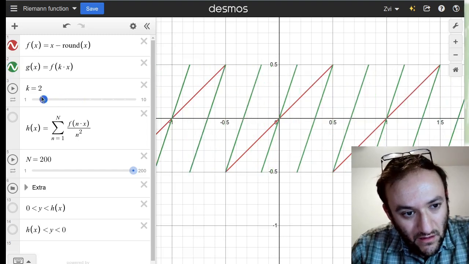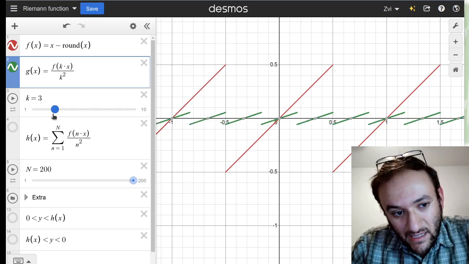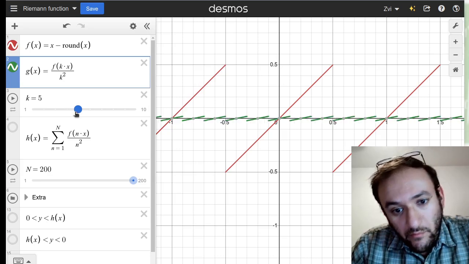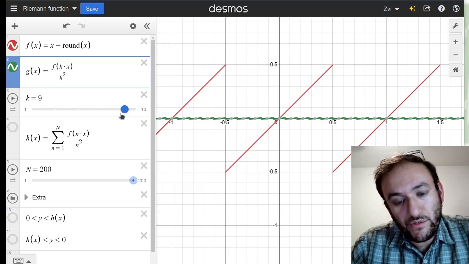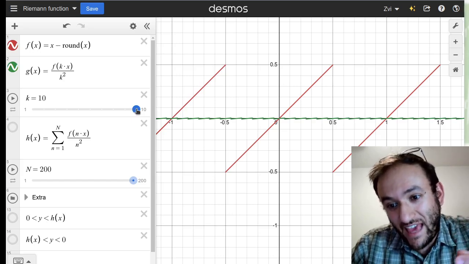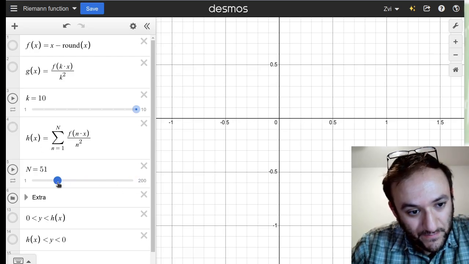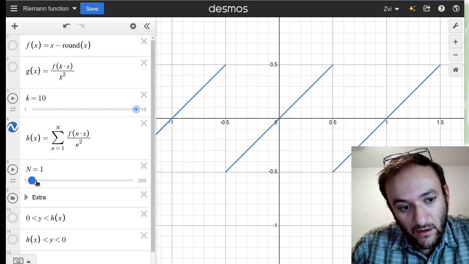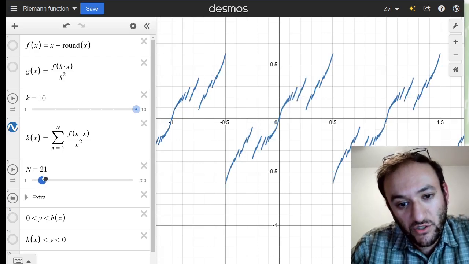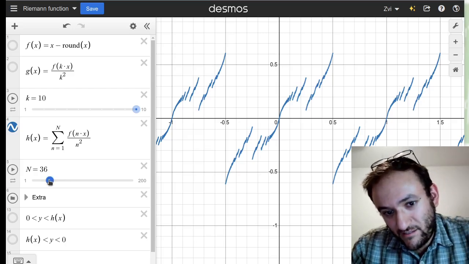What happens as we divide this by k squared? Well, for k equals 1, it stays the same, and as k gets higher, the location of the discontinuities and their number stays the same, but the magnitude of the function shrinks. So even though the discontinuities are becoming more in number, the severity of the gap lessens. Let's see how it adds up together. This takes the sum of all of those f of kx over k squared up to n. Obviously we can't do infinite sums in Desmos, but we're taking partial sums, and it very quickly settles into what looks like kind of an S-shaped curve